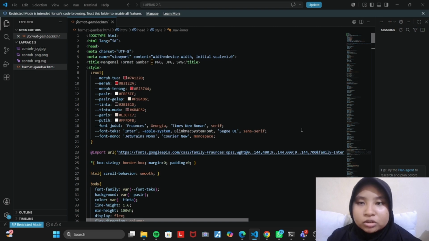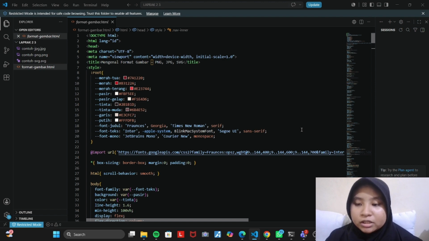My name is Shumna Ferusna Sution, student identification number 2024-32077. I come from Information System Major for Multimedia Lessons Class B. So today I will explain the implementation of my website called Mengenal Format Gambar Digital. This project was built using HTML, CSS, and JavaScript in a single HTML file.